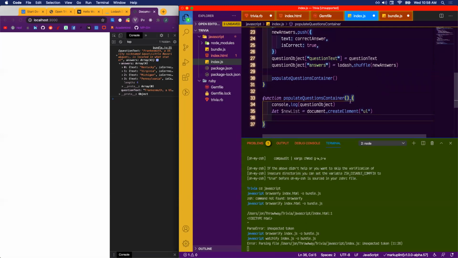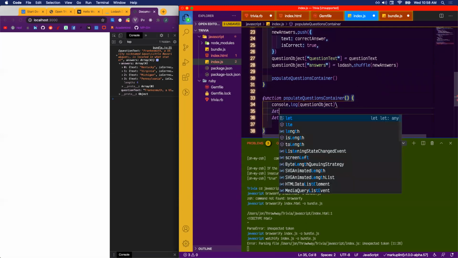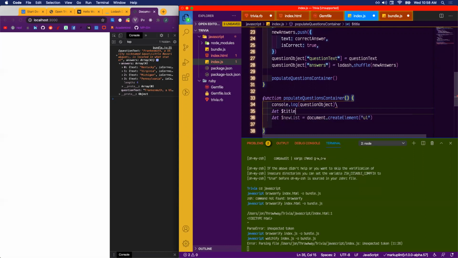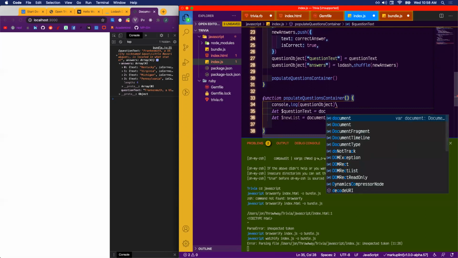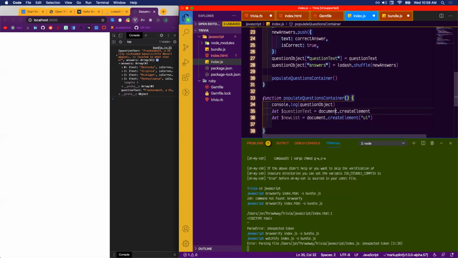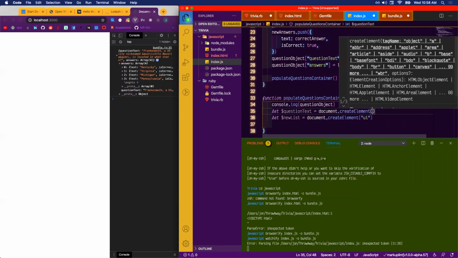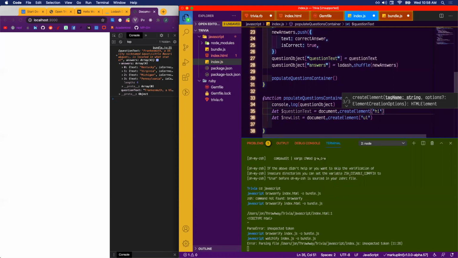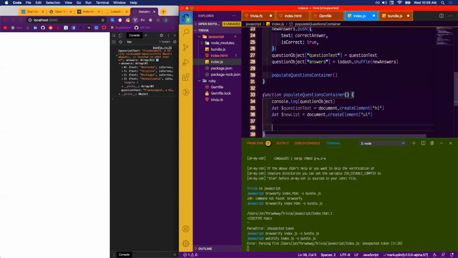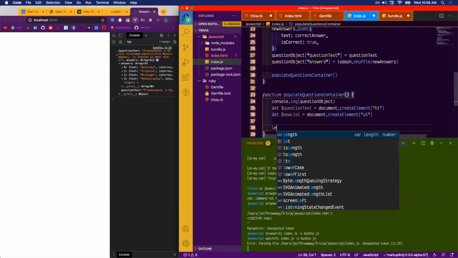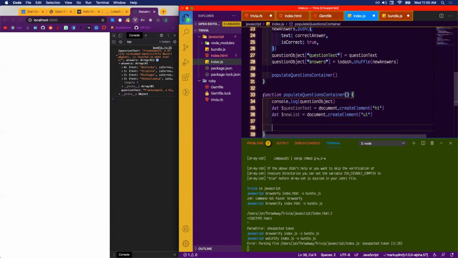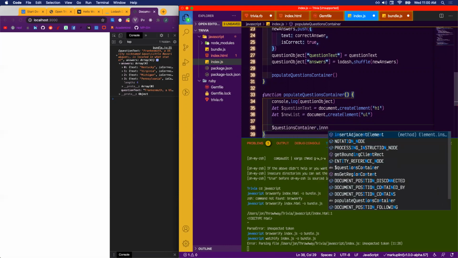Oh, first let's do a title. Let question title, or let's say let question text equal document dot create element, and then we're going to say h1. Cool. So now this should be pretty easy. So we could say our question text, right? So we could say question text dot inner text